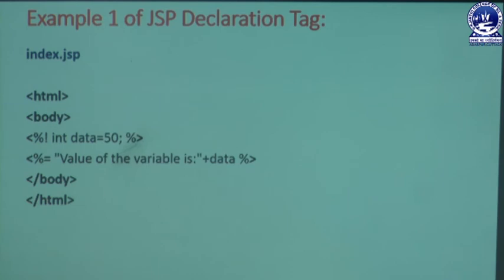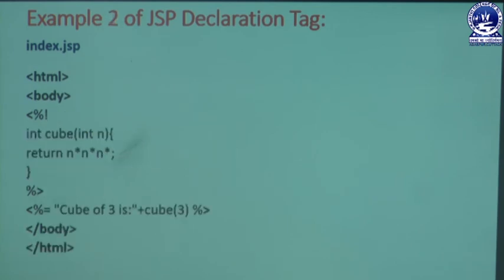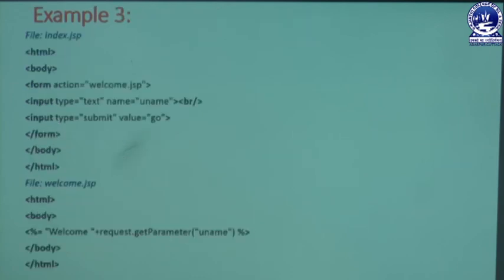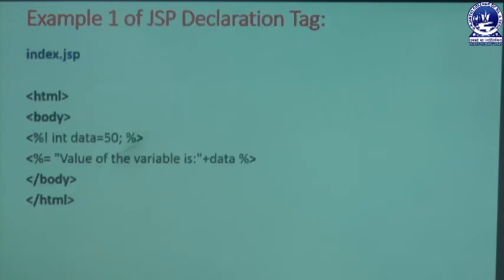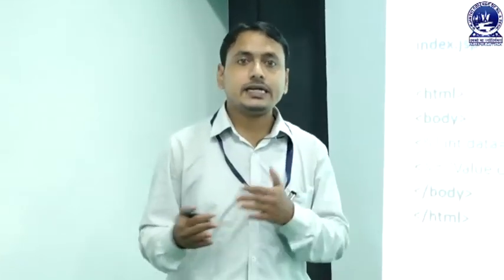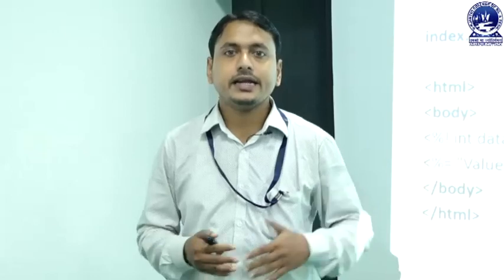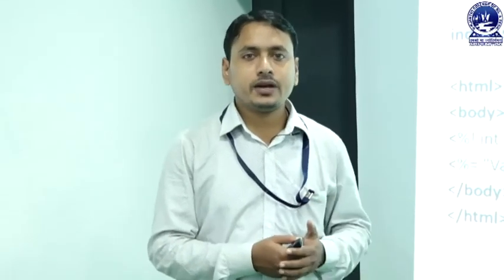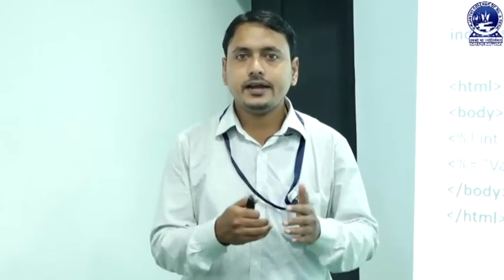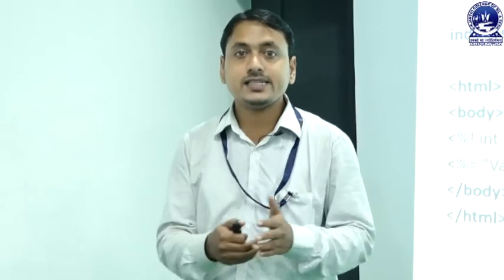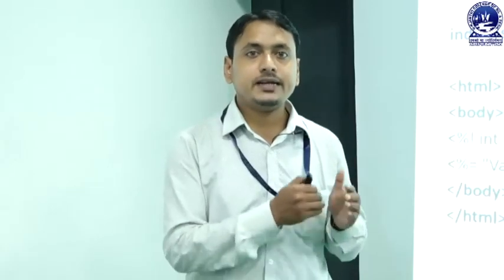Next we can discuss something also related to our declaration tag, another most important part. In that declaration tag we are going to discuss how to declare a specific type of variable in our programming part. We know that in our general programming language we declare a variable. We can declare int a equal to 10, that is known as initialization. If we declare a variable int a semicolon, that is known as a declaration.